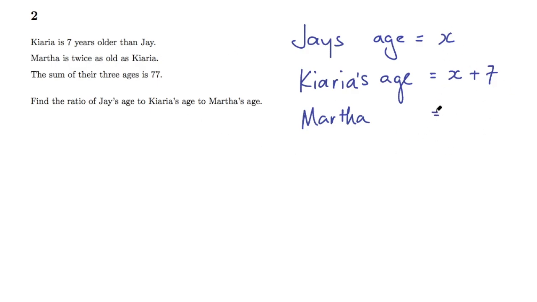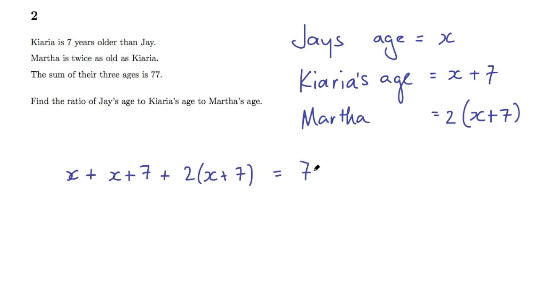So how can we write twice as old? We can multiply it by 2, and a better way to write that is 2 bracket x plus 7. Okay, so I hope you can see how I've related those 3 ages. And then finally we're told that the sum of those 3 ages is 77. So what I can do is take Jay's age, add it to Kiara's age, and then add it to Martha's age,